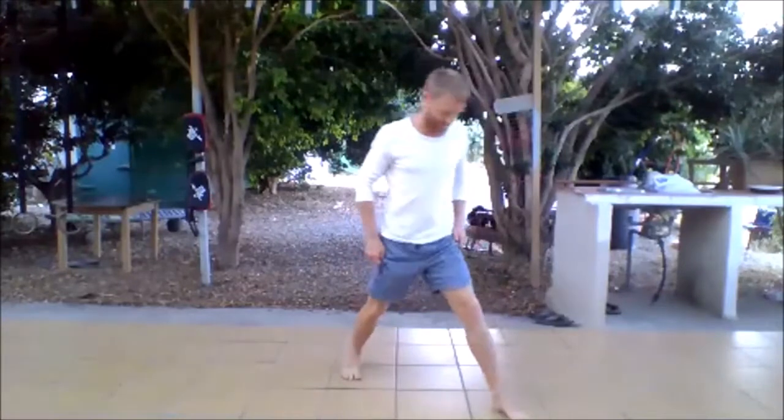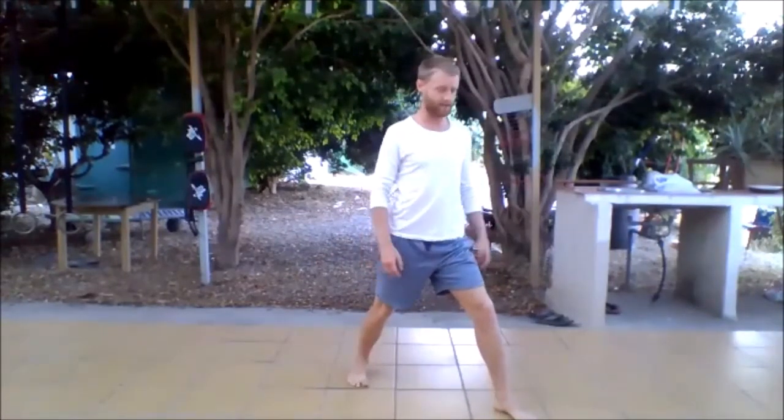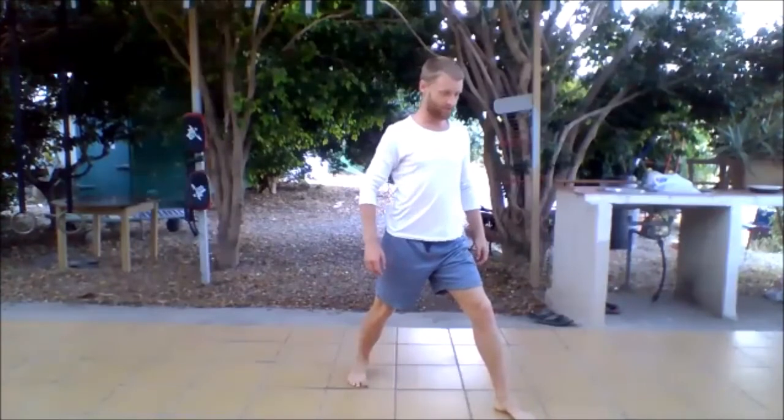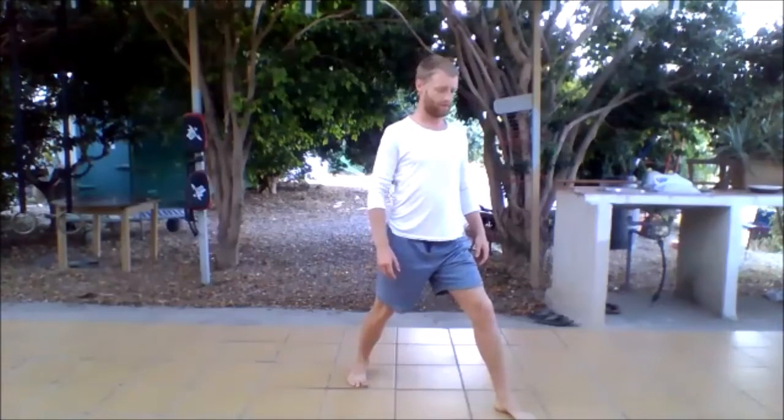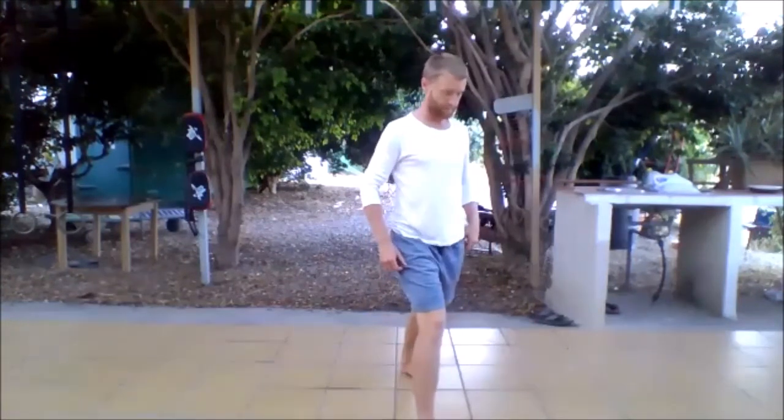Okay, just feet out this way. Try and keep the back of the heel down. So the feet on tracks. Pressing forward, just stretch into it. Sink the weight in the center and drop down. Changing sides. Feet parallel,